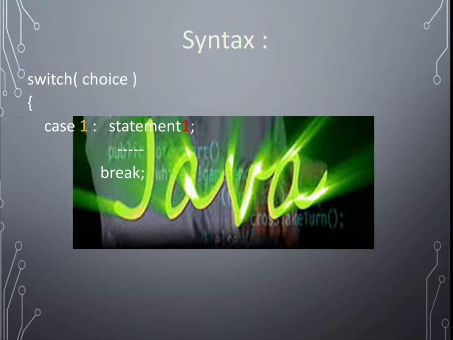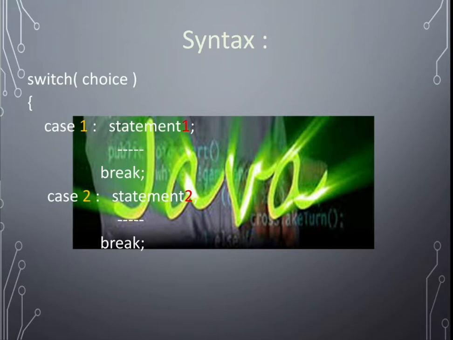When the user's choice is satisfied, we do that task, and after that we have to stop. In the same way we have case number 2 with its statements, and then we stop with the help of break. We can have any number of cases, 1, 2, 3, 4 up to 10, 12, 15, 20.